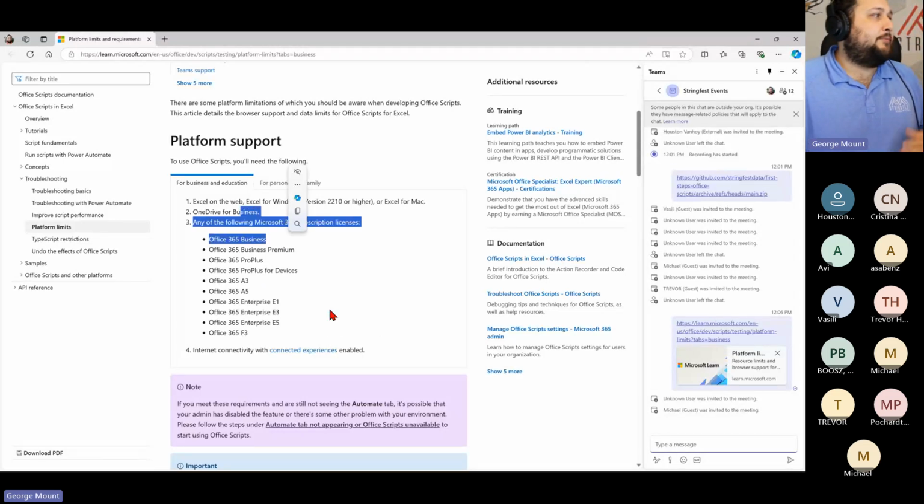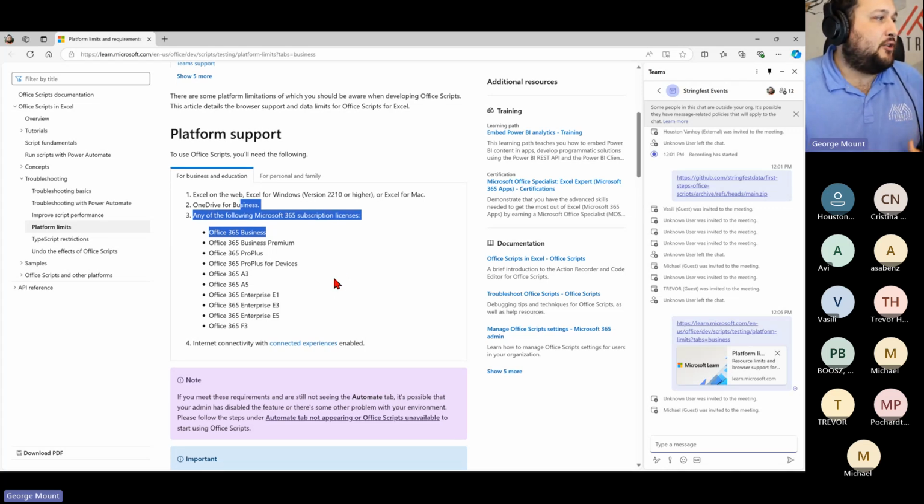So primarily, this is a business product right now for Excel. If you're on an enterprise level version of Excel, it's more likely you're going to have access. Even so, based on the amount of pushes that your IT department sends out for Excel updates and different restrictions that they have, you might not still have it.